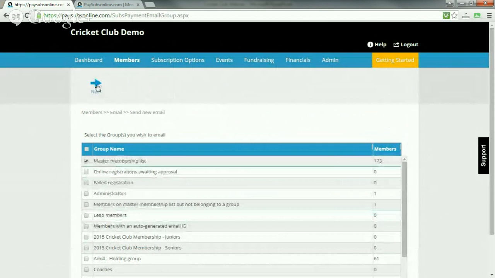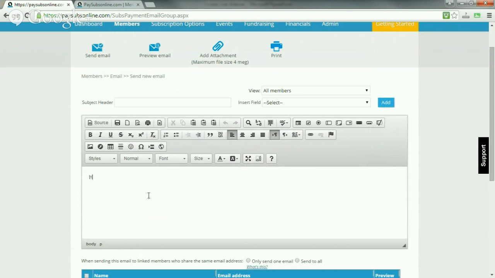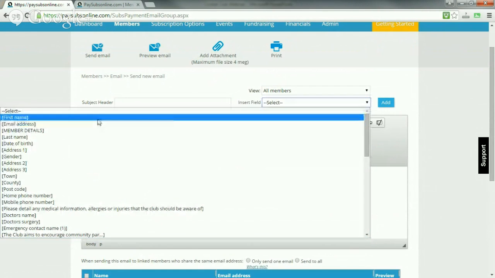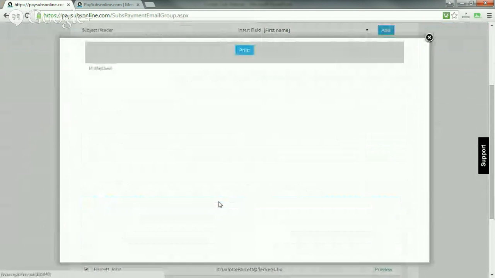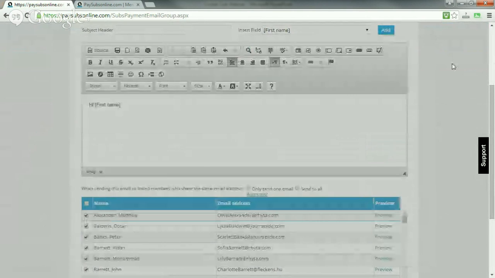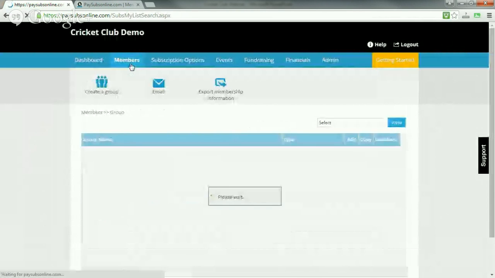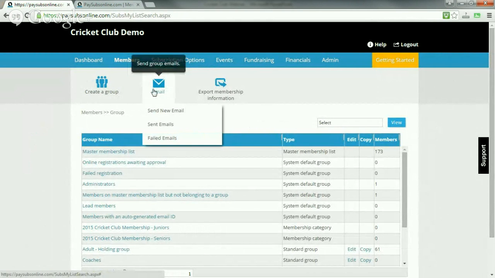You can just come in here, select, and because the membership database is connected to the group email tool, it's working off the latest contact information. You can write your email, again like a mail merge, so you can select your field, insert that in, and then preview to see what it's going to look like when it goes out. When people sign up for our service, the group email tool is not always at the top of their priority list, but when they start using the system, they absolutely love the convenience of having everything in one place.